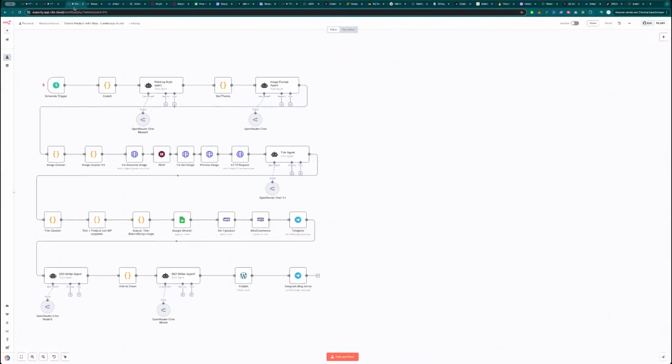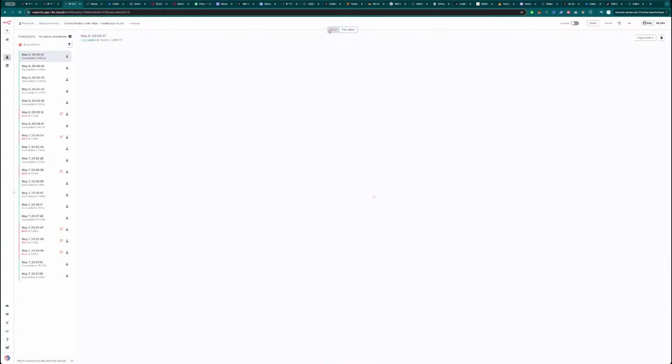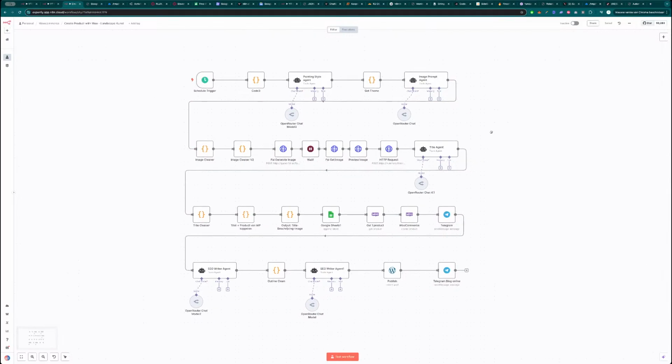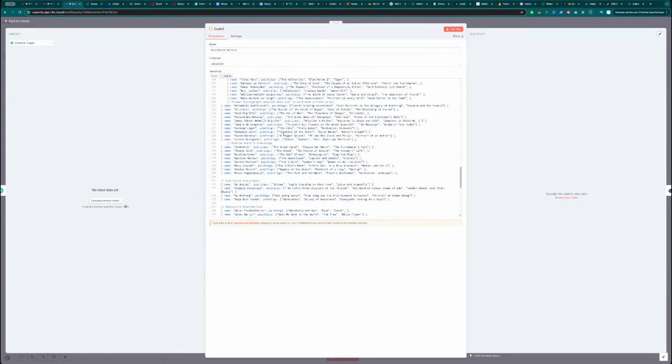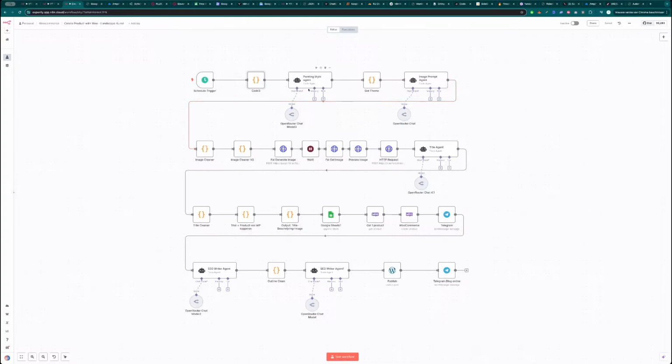With this workflow, you can generate digital art images. Every day there will be a famous artist selected with this function node. The images will be created with